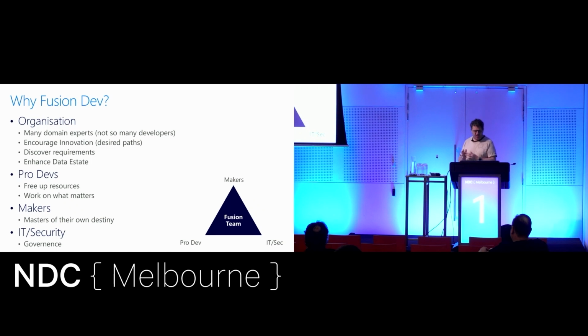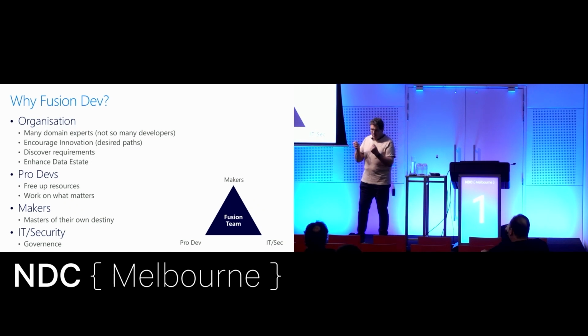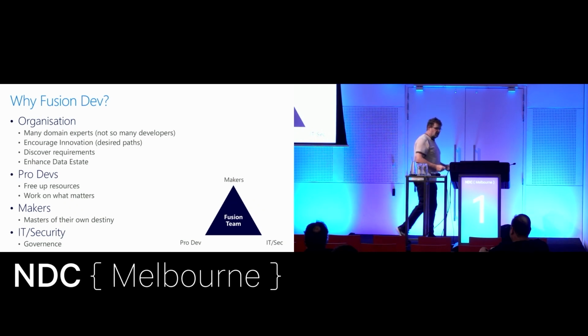And as I said before, we get a chance to really enhance the data estate. As professional developers, we free up our resources. I don't know how many times, working in small organisations or even large organisations, I've had requests for a change to the field on Form 73B, please. Which means I've basically got to stop what I'm doing, alter all my context, and do this thing. It might take a week. And that means I'm not working on the new API that we're building, or the great new web e-commerce site, or whatever it happens to be. So if we give people the ability to do that themselves, that's fantastic. And we get to work on the things that matter on a large scale.